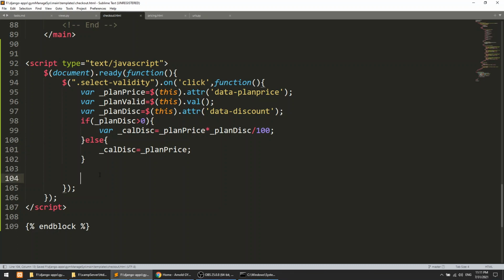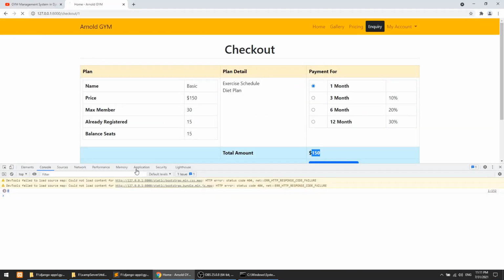Now we can console this value. When I say console, I mean that we are going to show it in the browser console. So when we click on this, we have 150.